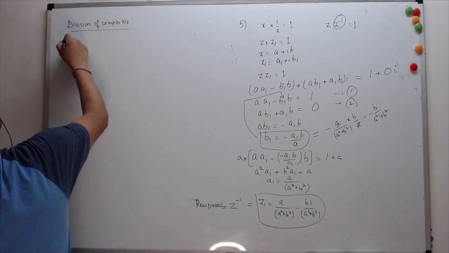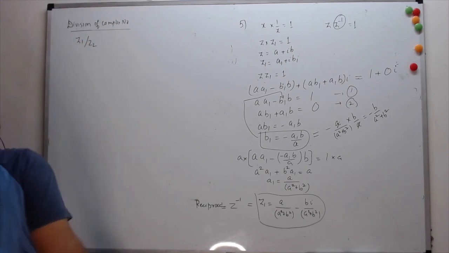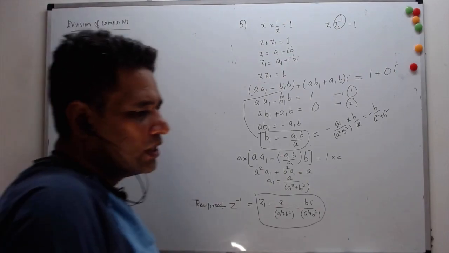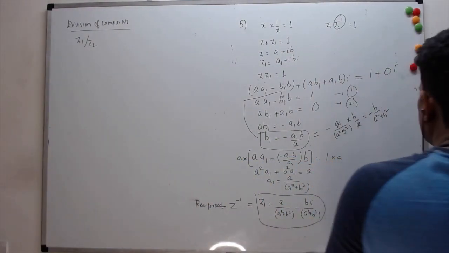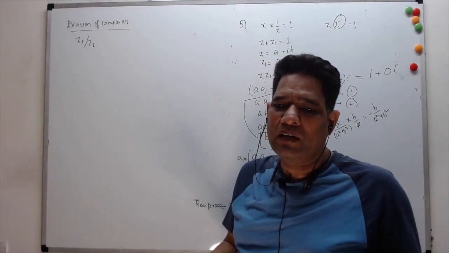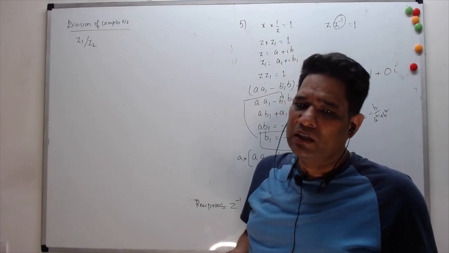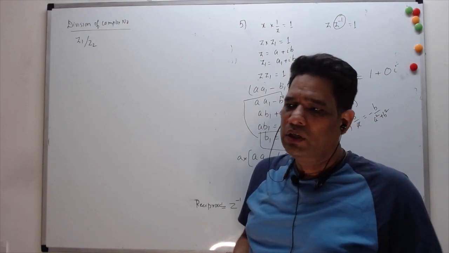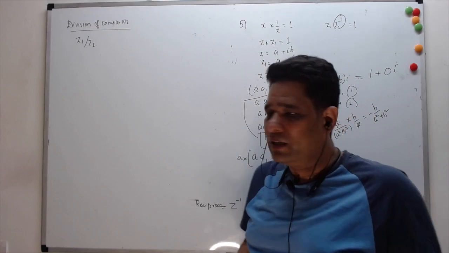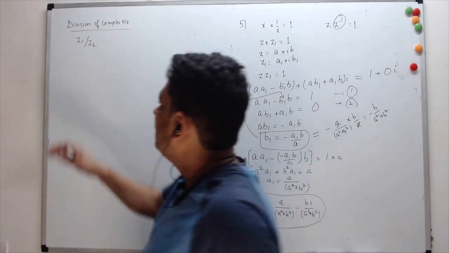So division of complex numbers, let's say when you say z1 divide by z2, something like this. In division, again, there are not too many properties as such. As you know, division follows what you do for subtraction. There is nothing commutative about division, no associativity and stuff like that. So simply we need to understand what division is.